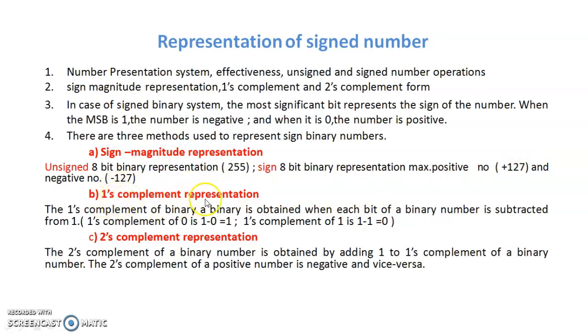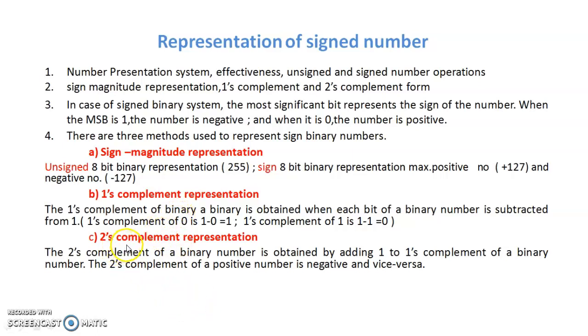So next is ones complement representation. How to calculate the ones complement? When you have a binary number, that number is converted by inverting its bits. Suppose a number is there, we write the inverse of all those bits. That is the ones complement example. For example, if the input bit is 0, we take the invert of that bit as 1.